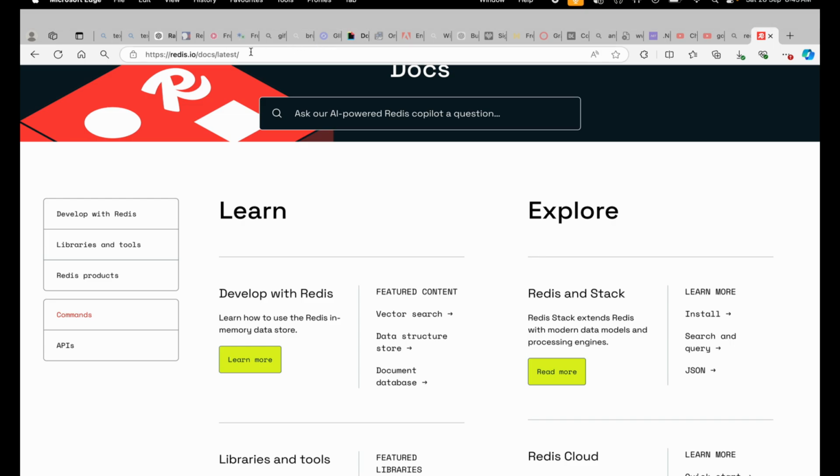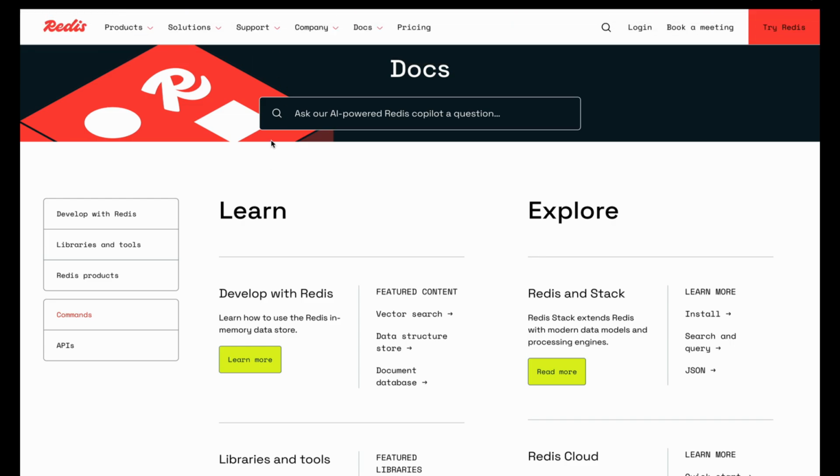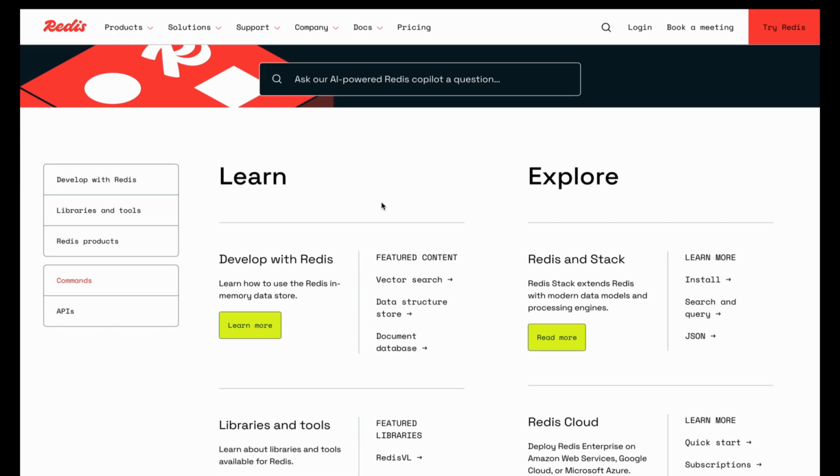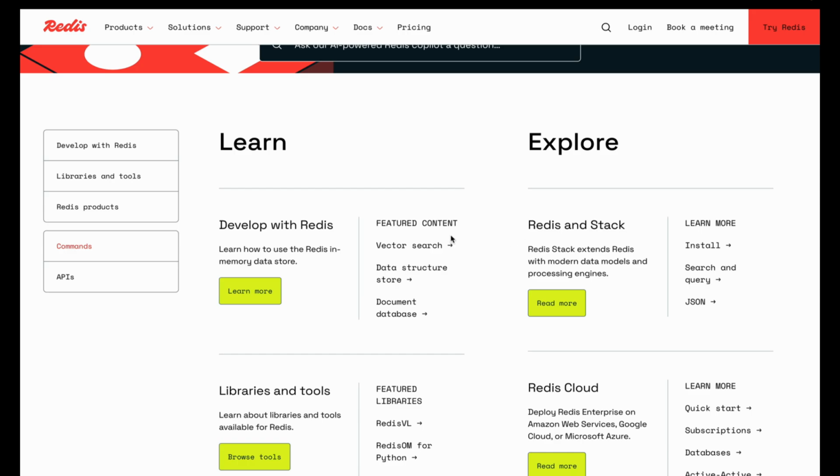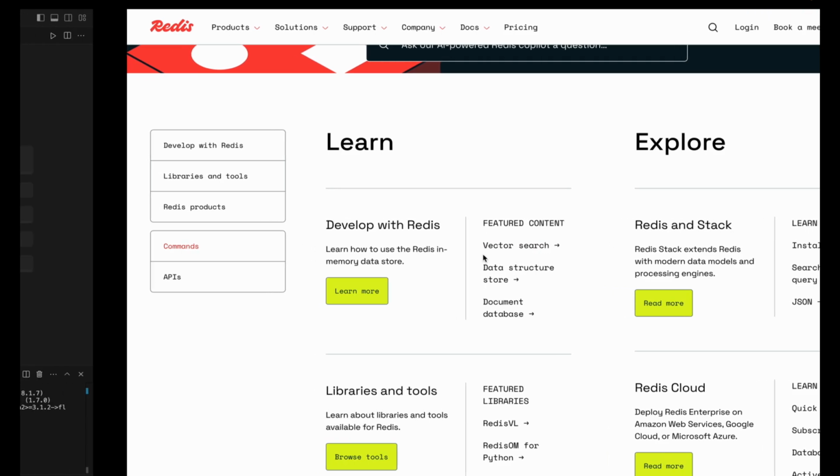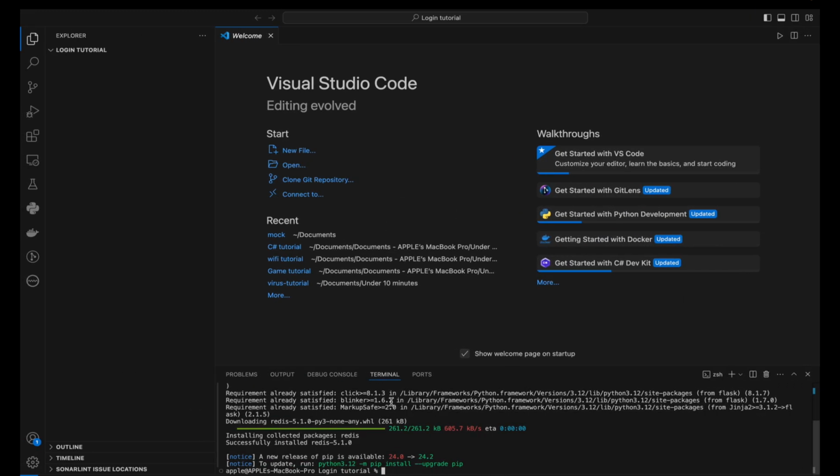When you head over to their documentation here, you will see the instructions on how to install Redis on your machine. You're going to see all the various commands and everything over here. So we are going to be using the pip runtime to install our packages. We're going to type pip3 install flask and also redis. So once you're done installing the